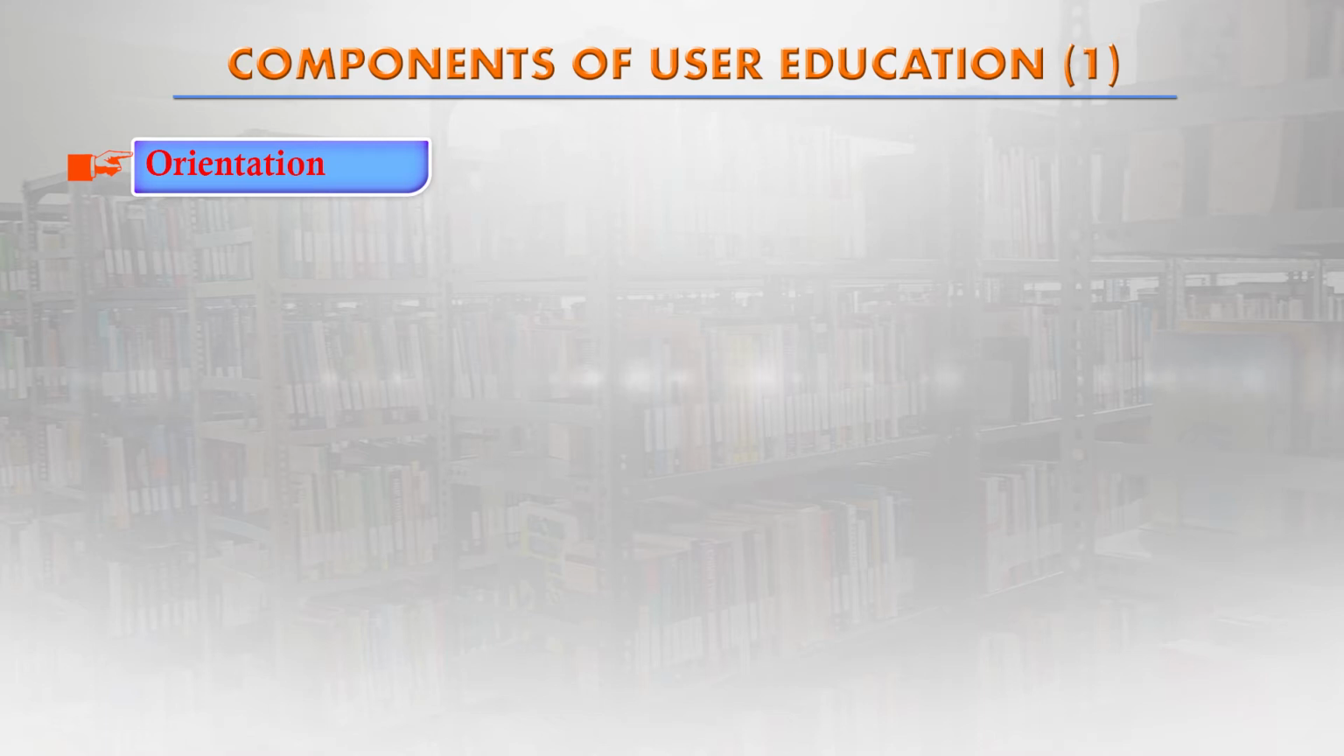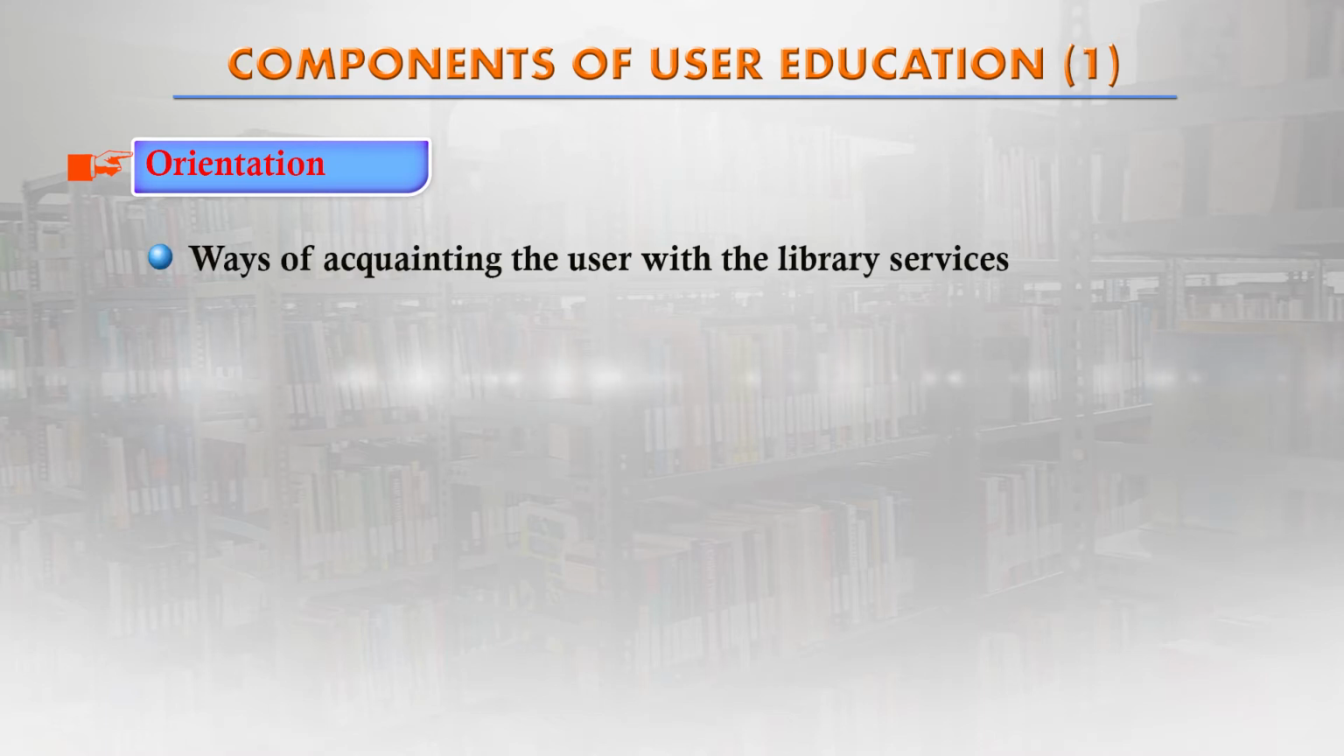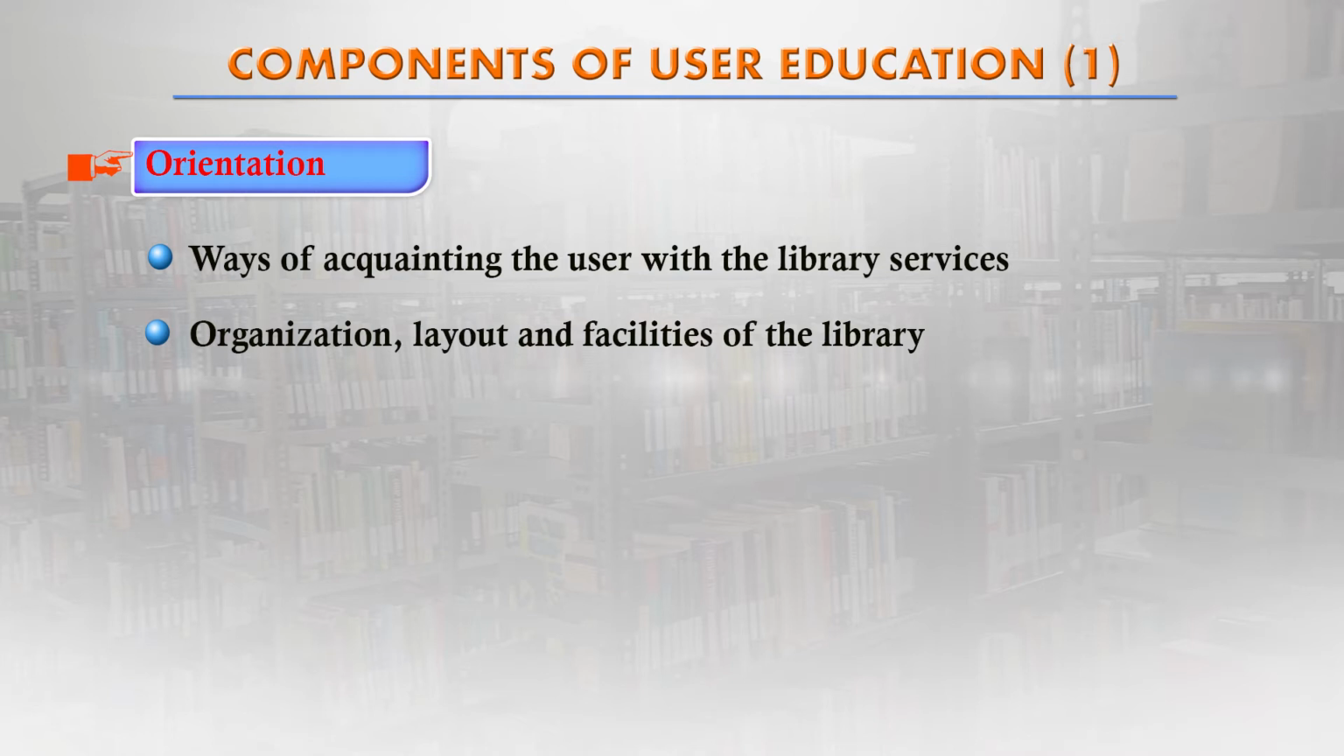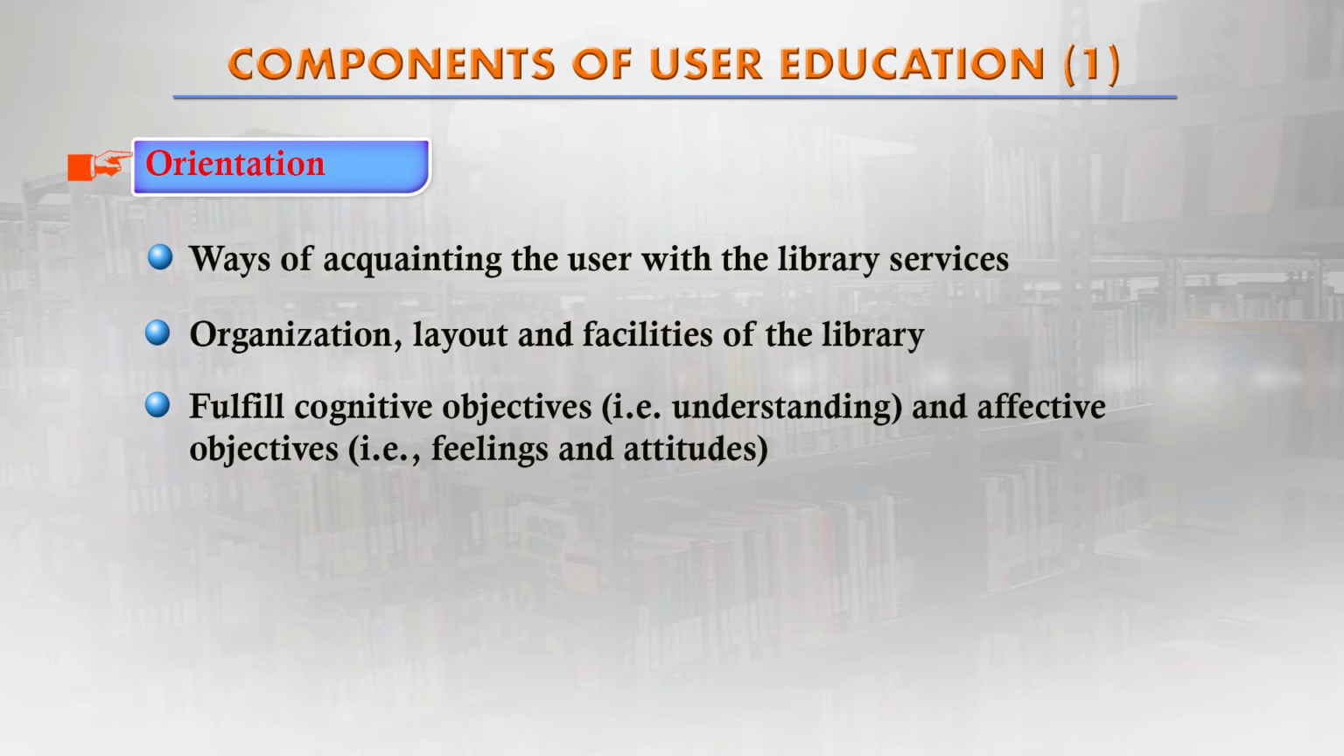Orientation is actually when you are making your user aware about different types of library services, like organization, layout, facilities available in the library, what kind of objectives or service they can expect from the libraries, and different types of feelings and attitudes you can think the user might be having, and accordingly prepare your library services to resolve those